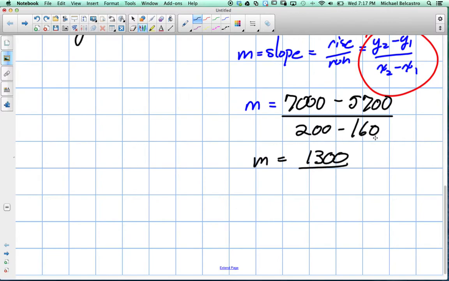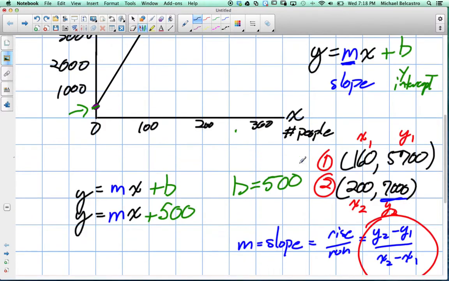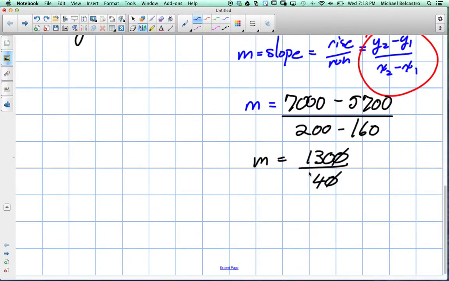Here, 200 subtract 160. That's going to be 40 for us. Okay, so we essentially have the slope, but they usually like to put it in the lowest form. So I can knock those zeros off right off the bat, and I have to see if 4 goes into 130. It does not go in evenly, so I can leave it as this fraction, but because it's money, we probably won't leave it as a fraction. So here's the idea. Technically in lowest form it is 130 over 4, okay? But if I were to divide these, it would actually be